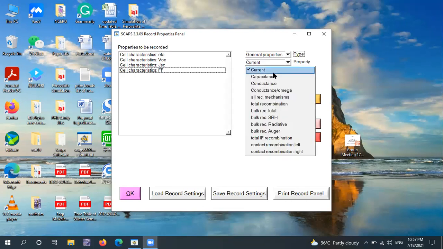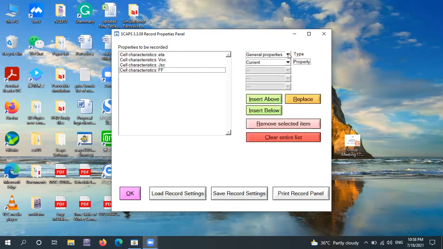In general properties you can compute current, capacitance, all radiative recombination mechanisms, etc. And in the same way, you can also compute the effect of the band-to-band recombination rate over total recombination, on capacitance, and on conductance as well.